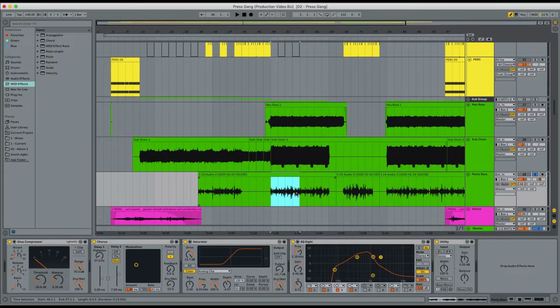And now this is a really interesting part. This is what we call the pants bass. It's a really raw recording of guitar parts, and we use this a lot. When we start our demos and write a lot of songs, it comes from Alex Sprogis, our guitarist, and he makes these really raw, interesting demos where he's literally recording an electric guitar completely unamplified into a MacBook Pro microphone, and you put a little bit of drive on it, put a bit of chorus. You can see what's going on here: Saturator, all basic Ableton plugins,